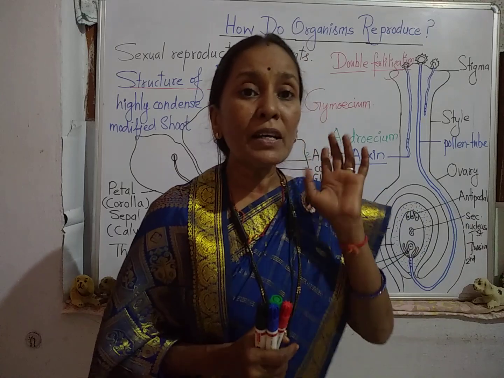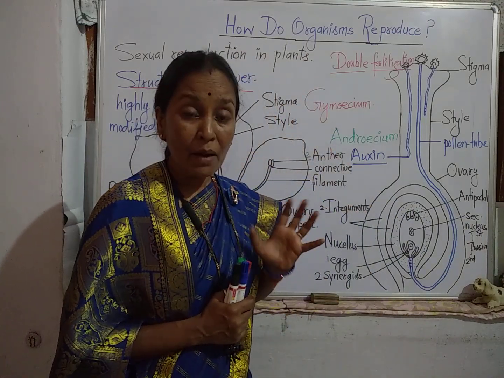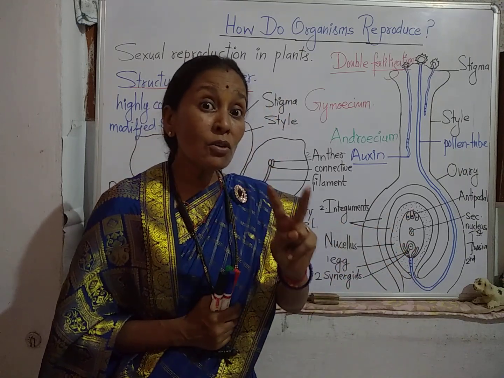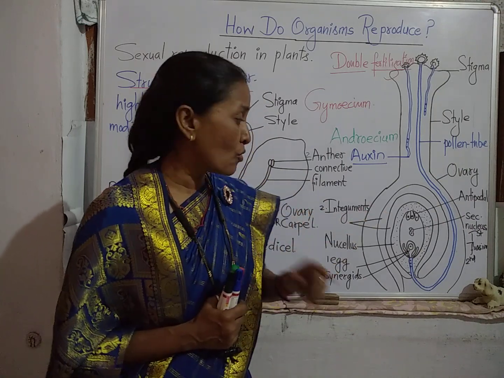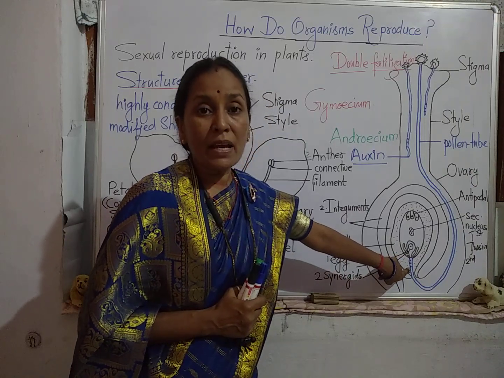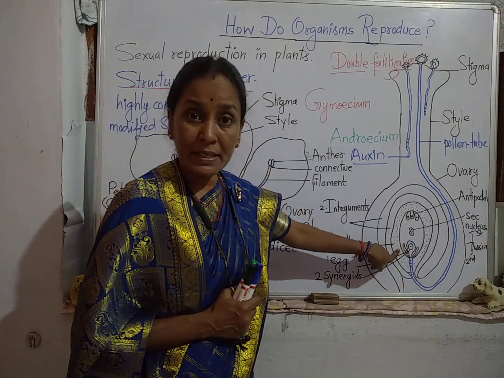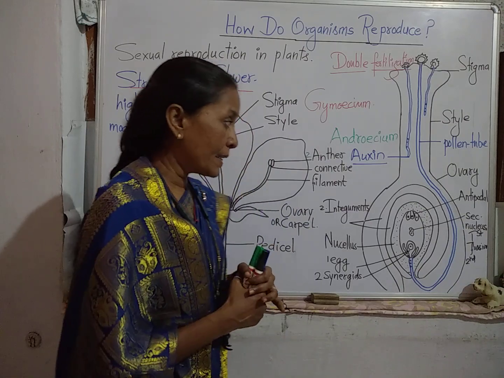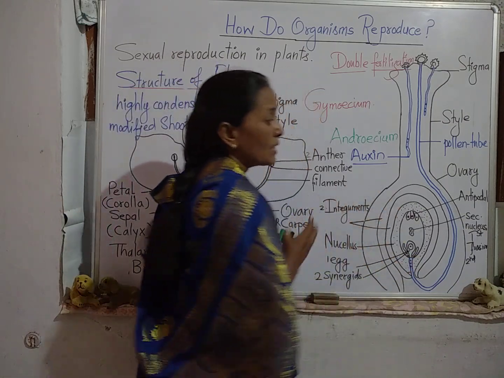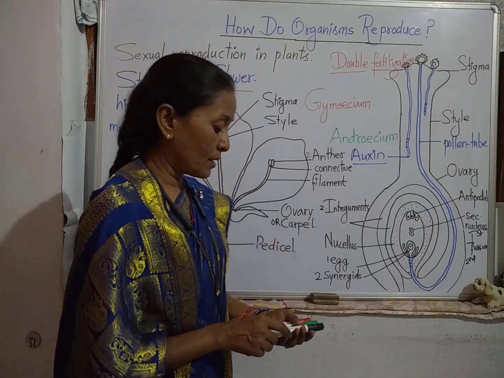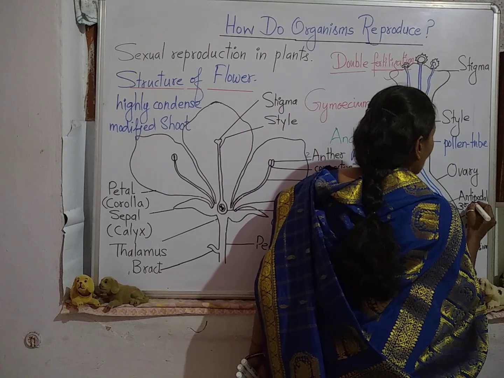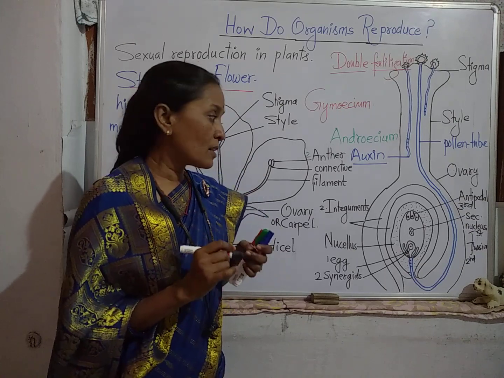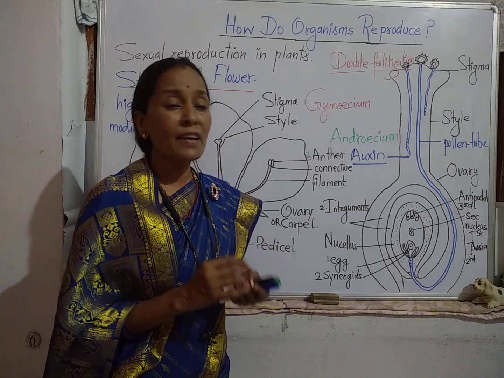Lastly, what happened? One male gamete still remains. The remaining gamete will now proceed further, towards the secondary nucleus, which already contains 2 nuclei. Since there are 2 male gametes, one has already fused with the egg and the other is yet to fuse, so the second male gamete approaches the secondary nucleus. In this way the second gamete combines with the secondary nucleus, and this is how the third fusion occurs. The secondary nucleus combines with the second male gamete, and there is a formation of a triploid structure that is known as endosperm.